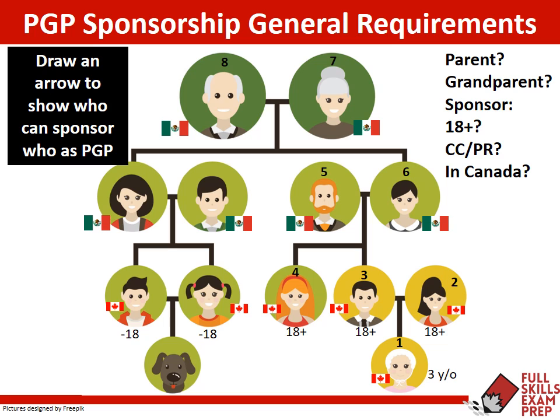Okay, so let's jump in here and we'll see how you did. Okay, so one of those first arrows, of course, is the gentleman here with the tie and the yellow background. So you can see that he's the kid of the man with the red beard and the woman with the black background with the short black hair. So they are Mexican. That's a Mexican flag over there. And now this person is over 18. He's Canadian. So we could just tell by the Canadian flag there. And so yes, he could sponsor his mother.